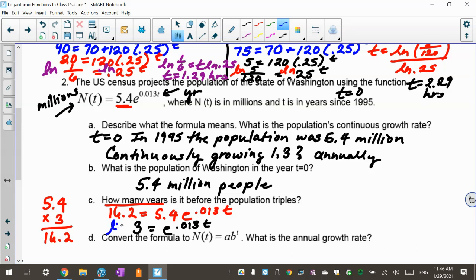So now I'm going to natural log both sides. And again, base e. So I have the natural log of 3 equals 0.013t. Divide by 0.013, so t is going to be the natural log of 3 all over 0.013. And when I do that, it's going to be